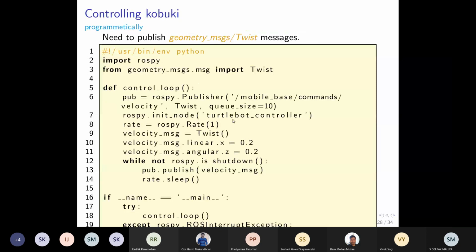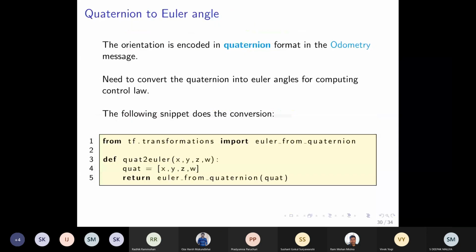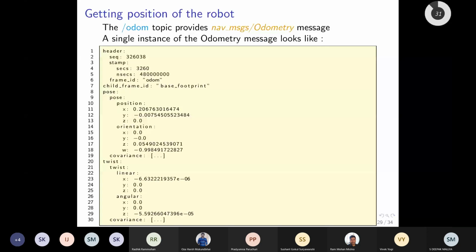Before getting the knowledge of where the robot is, we need to do something, and that is getting this orientation in a more human understandable way. This orientation information is how the robot is oriented, and we know that our robot is a ground robot, so it will only be oriented about the z axis.